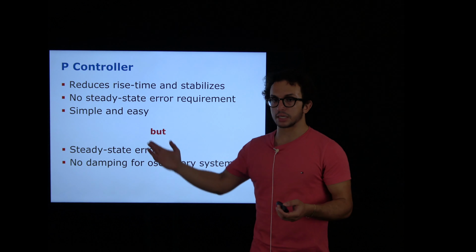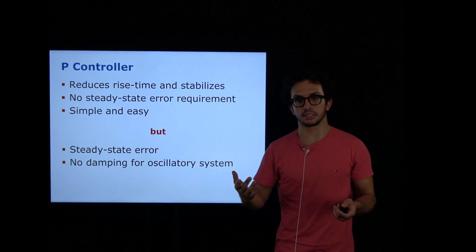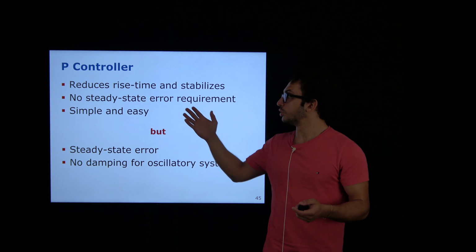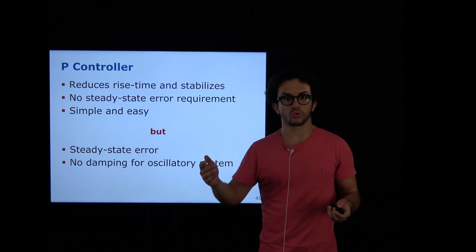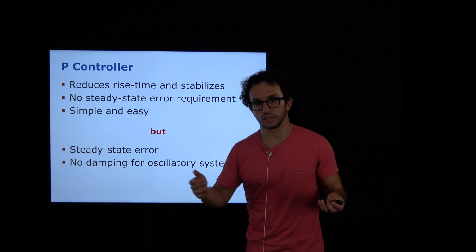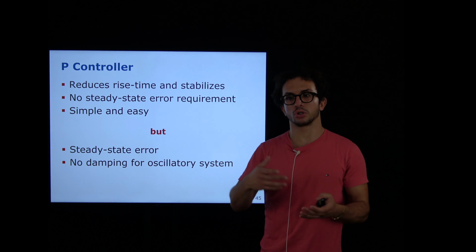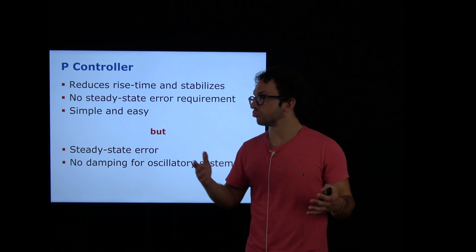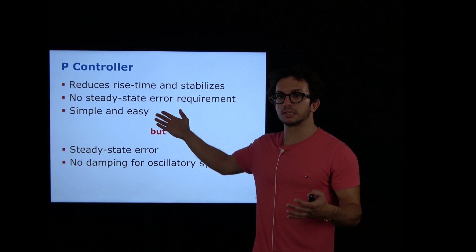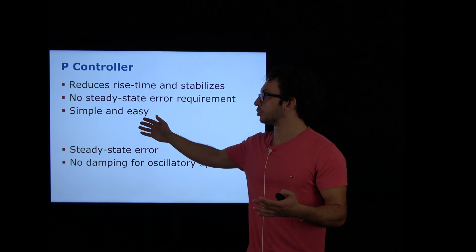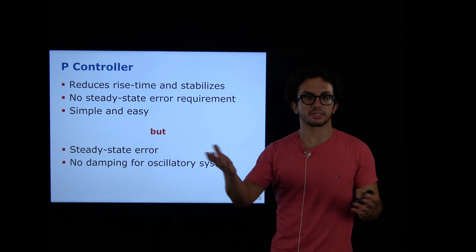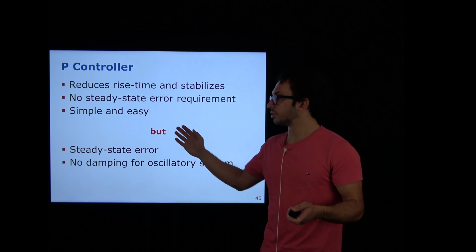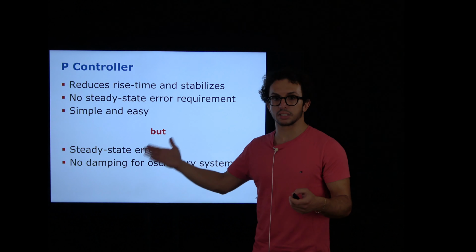We want to reduce the rise time. We want to stabilize the system. We don't have really a steady state requirement, so we don't care that the error actually goes to zero. We want a simple, easy approach that makes the system fast and kind of stable. However, what we get is steady state error,